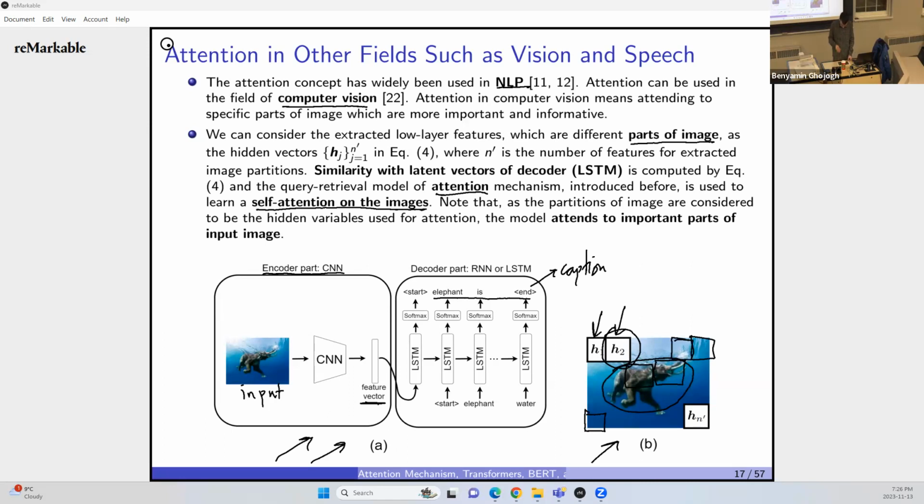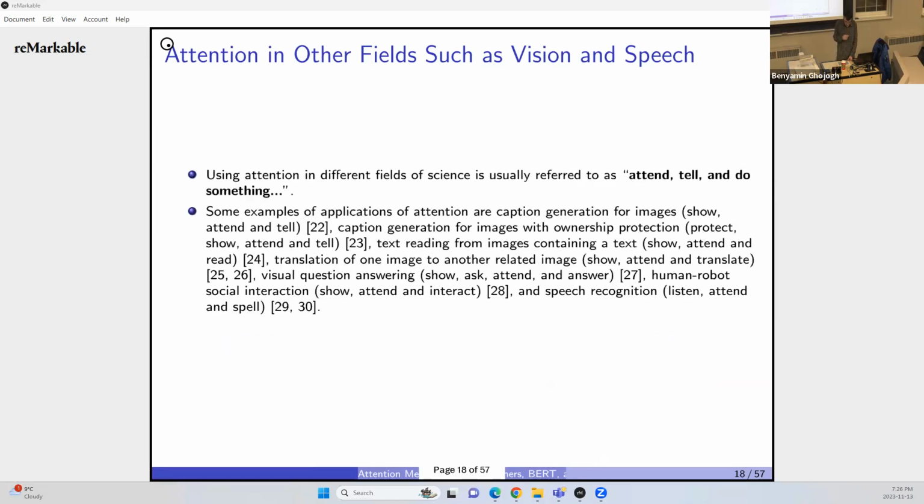So that's one thing. As I said, attention can be used in different fields of science, not just natural language processing. Many papers which are using attention for different fields of science have this kind of title: attend, tell, and do something. Okay, they usually have this in the title. For example,